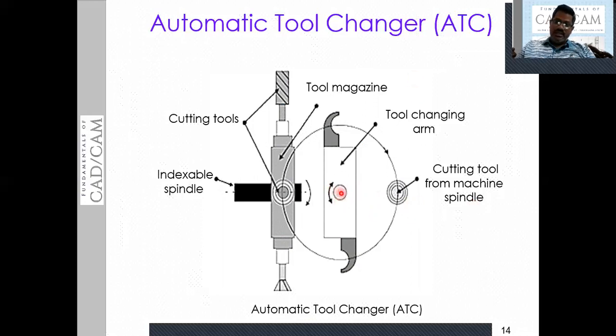Okay. Then along with that, the moment you want to change the tool from the tool post, this ATC will come in front of the tool magazine, or the device where all the tools are kept like this. So exactly at this location, this ATC will rotate. The tool which is at this location will be picked by the ATC while rotating.